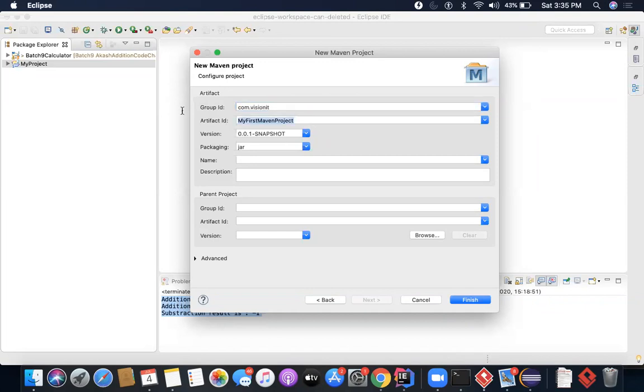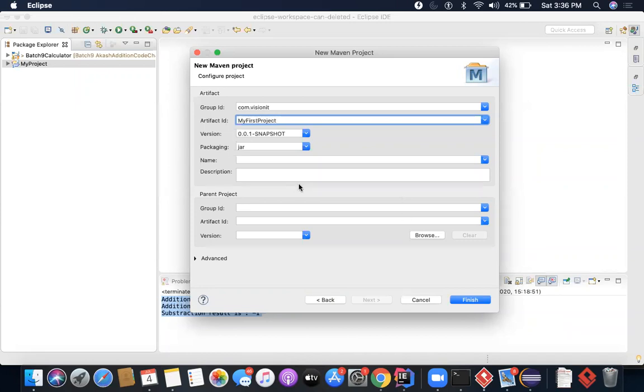Now in the artifact ID, this is actually the name of the project. So here, if you see, the name of the project is Batch9 calculator, here the name of the project is my project. So in this case, whatever name of the project you want to give, you can give that name here. So I can say here my first Maven project, or you can say, let's say, auto test framework. You can give such kind of standard names as well. Right, whatever name you wish to give, but as I said, I'm going to keep it my first project.